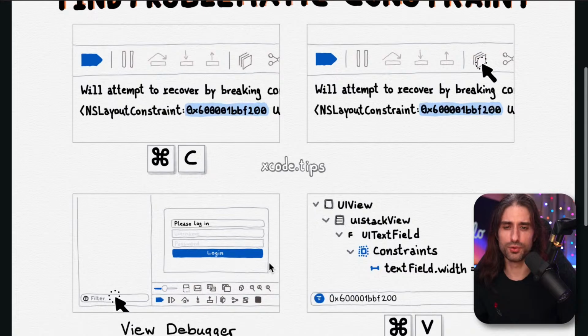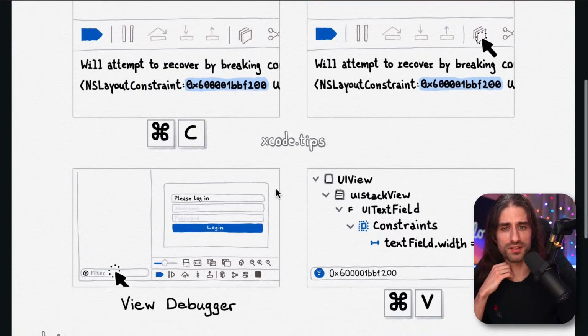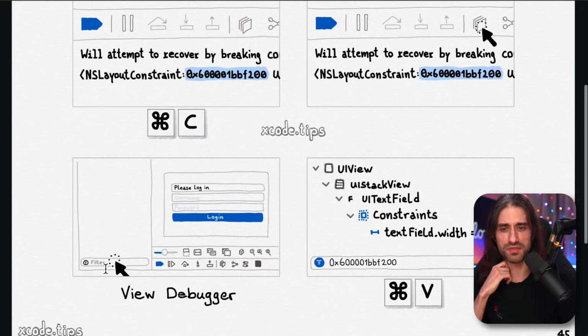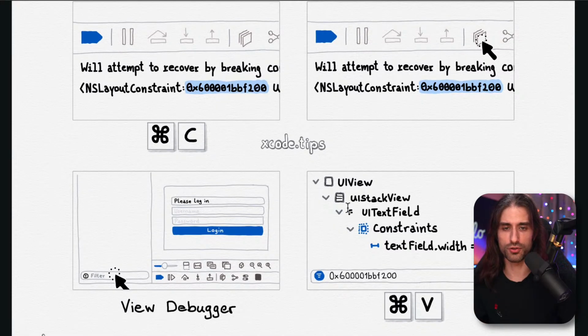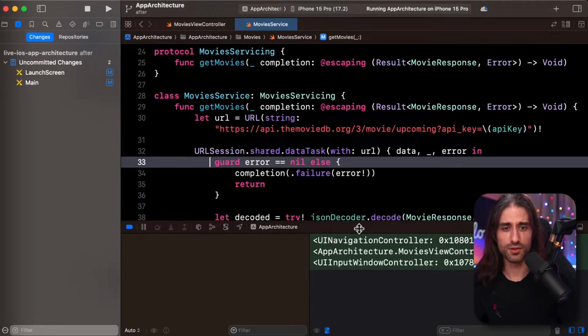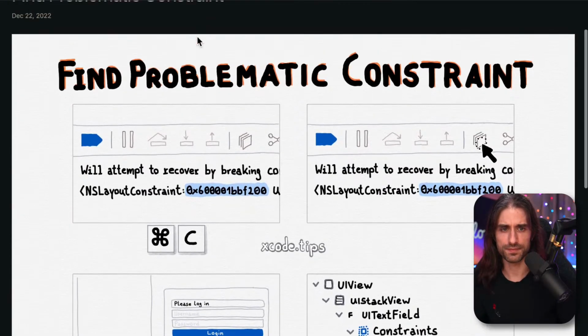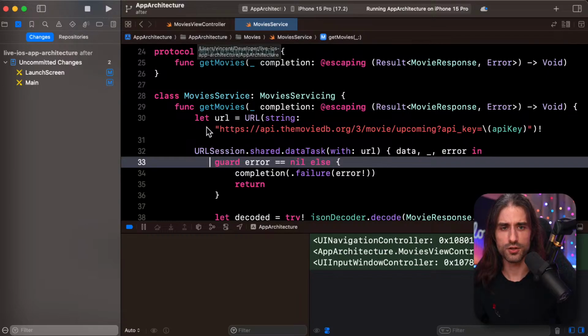This one is very useful to find a problematic constraint, because you can filter using the memory address of the broken constraint. Actually, I can show it to you in another way, because here we have addresses of view controllers.